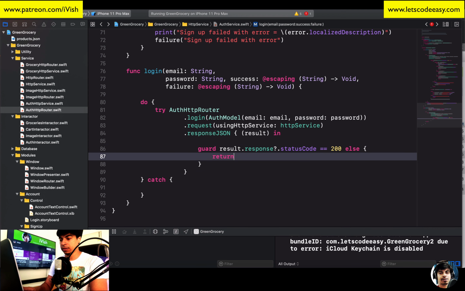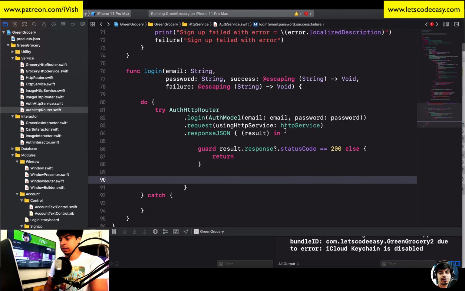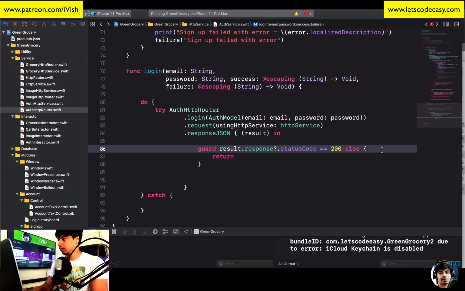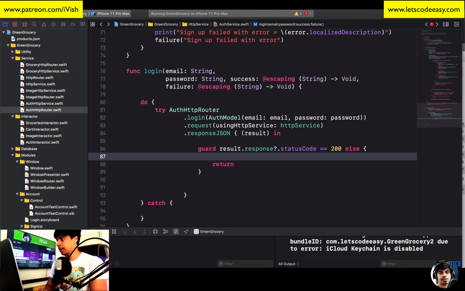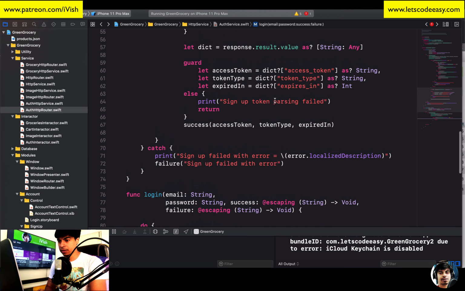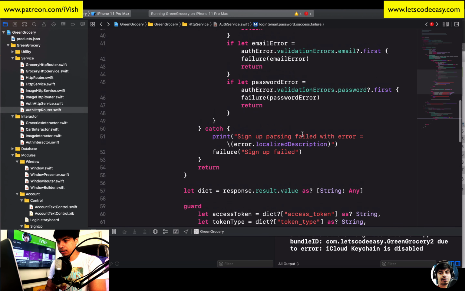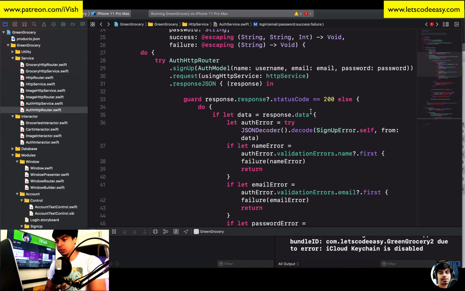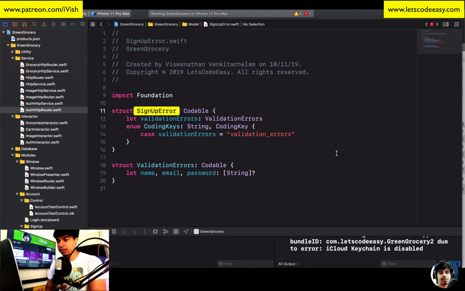I'll just return here. If not, let me just grab the error. So we already have done something for the error in the last part where we were decoding. I think we had something for this side, email error, which was different to an extent, but let's see whether we can reuse that. No, it was different in ways where